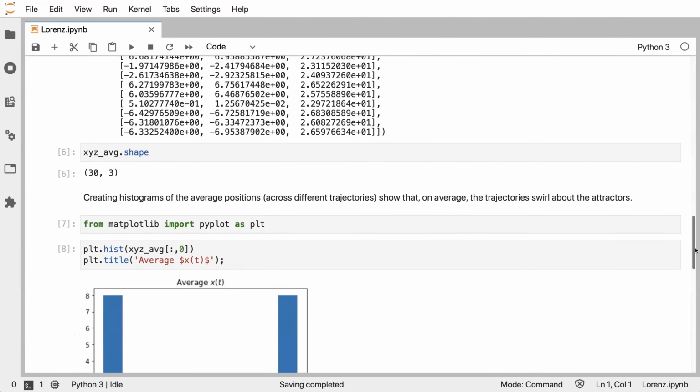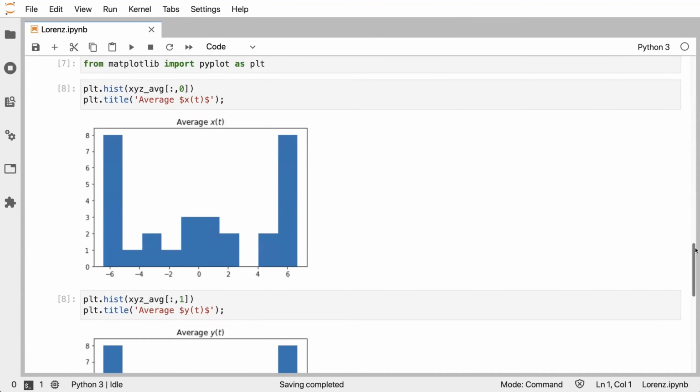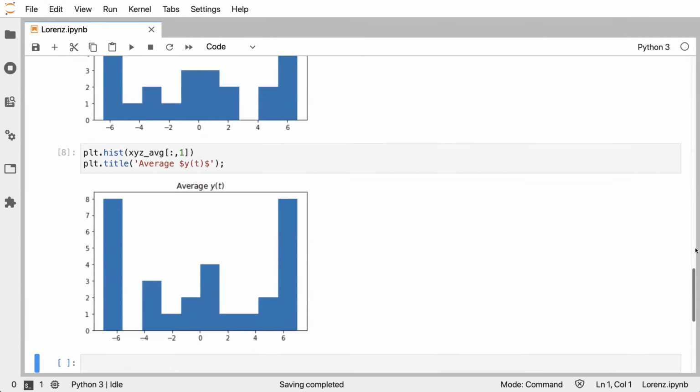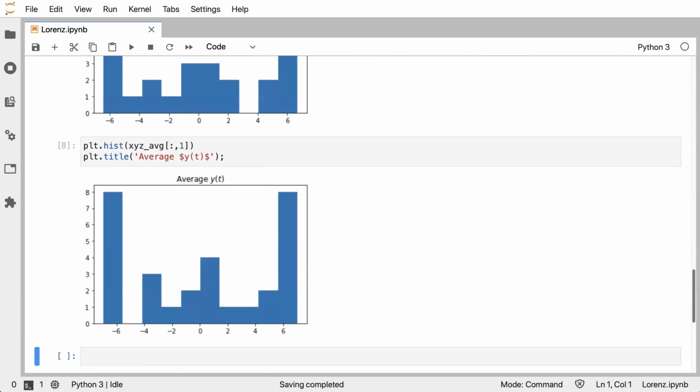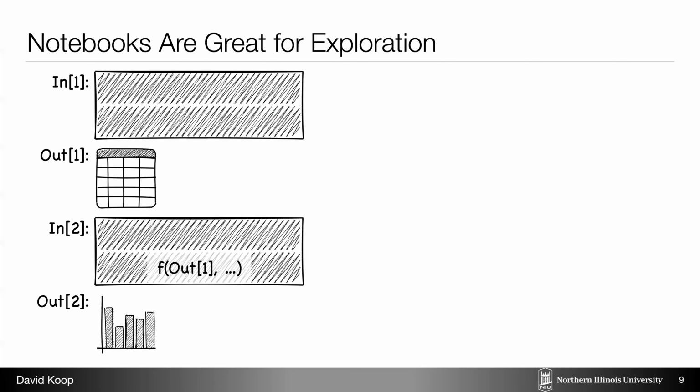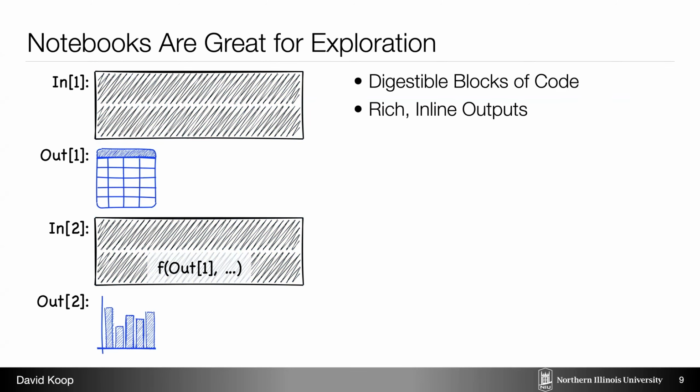So it's not just code and results, there can also be these explanations, this literate programming idea that Knuth likes to talk about. And so I think notebooks are great for exploration tasks, right? You have smaller, more digestible blocks of code. You have richer outputs, you're not limited to just text.